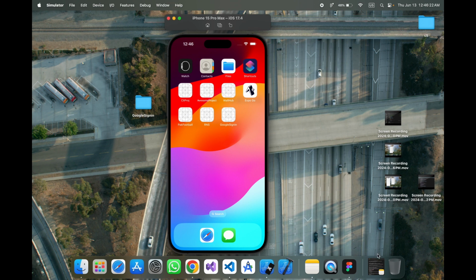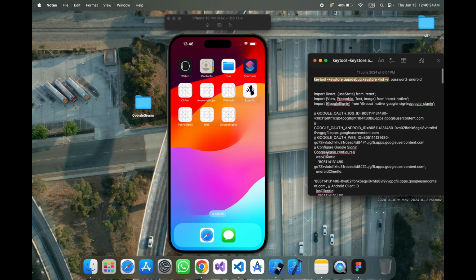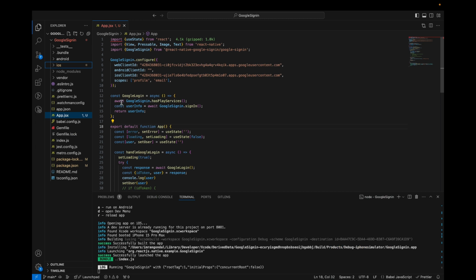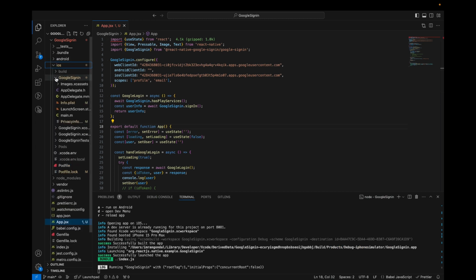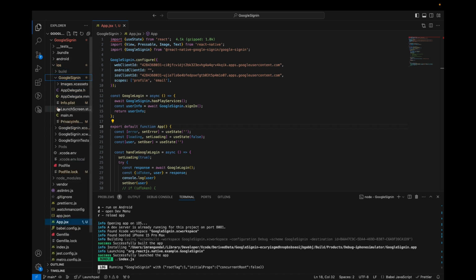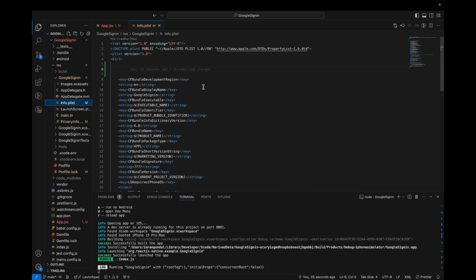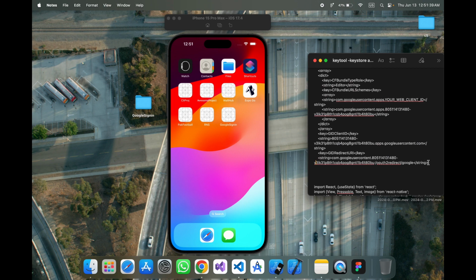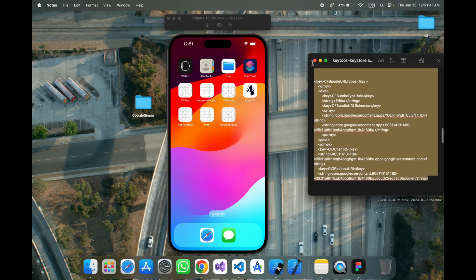So what we have to do is, I'm going to give you this code. What you have to do is go to this iOS folder, this Google sign in, your project name, and go to Info.plist. Open this file, and I'm going to provide you this code. Copy it